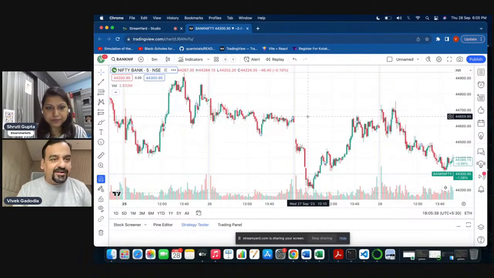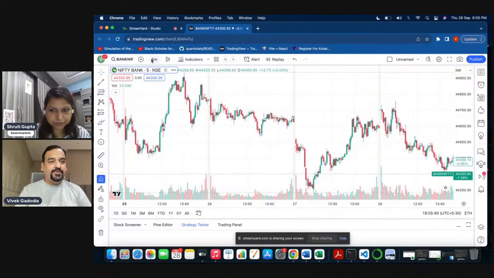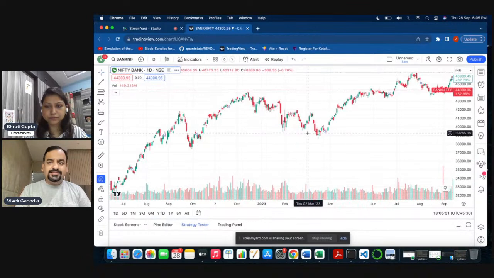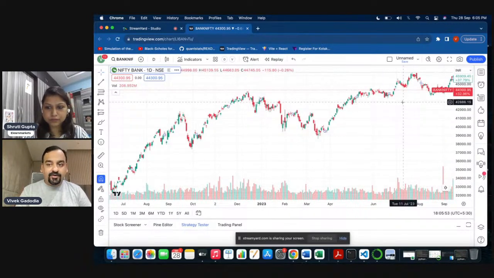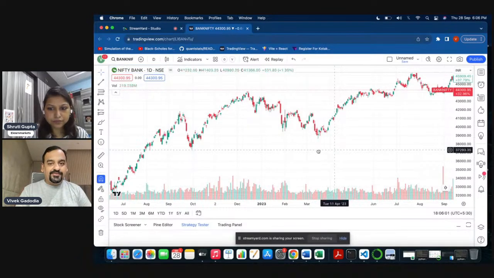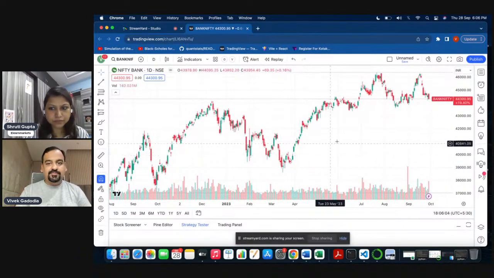Okay, great. So it's a 5 minute chart right now on Bank Nifty that I have open. So if I'll just first make a daily time frame. Okay, this is not something that I'm trading on. For the trading, I will come to the lower time frame. But first, to just set a broad context of where the market is using a rule or a system,